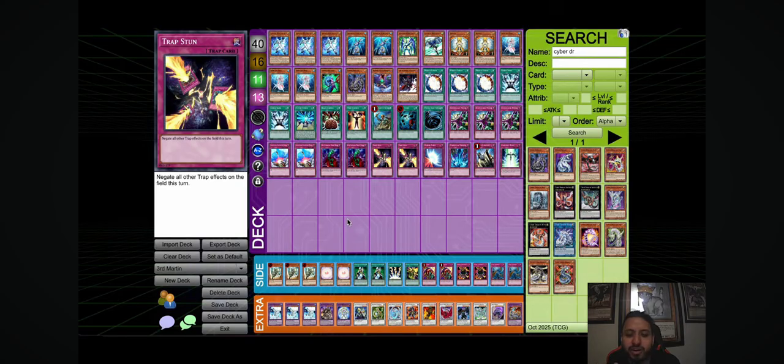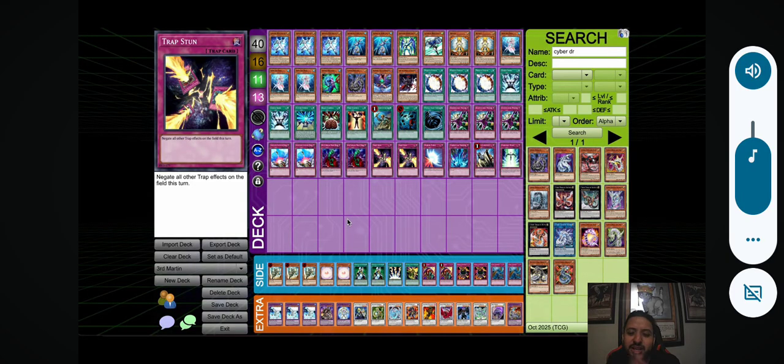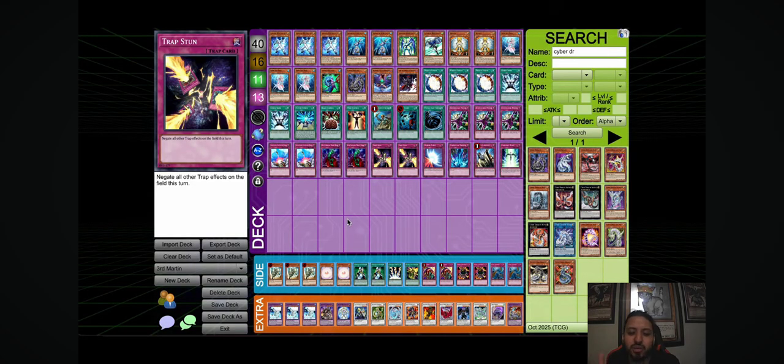Do I like the side deck? Pretty standard. Not standard, but it's straight to the point. Like 2 of each, 3 Dyna. I like it. 3 Ab-Zero, 1 Gaia, 1 Terra Firma, 1 Catastrophe, 1 Android, Brio, Goyo, Rayquaza, Black Rose, Armor